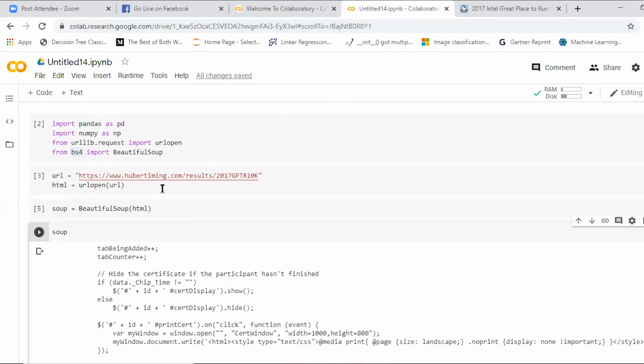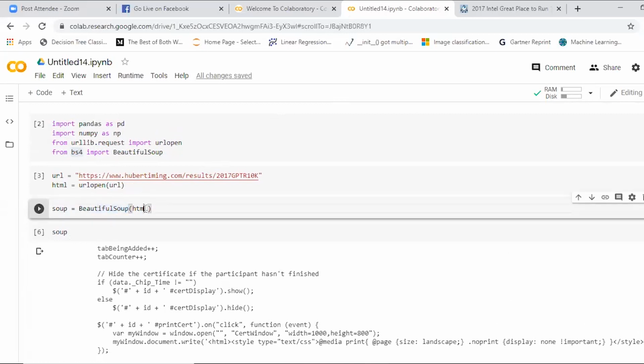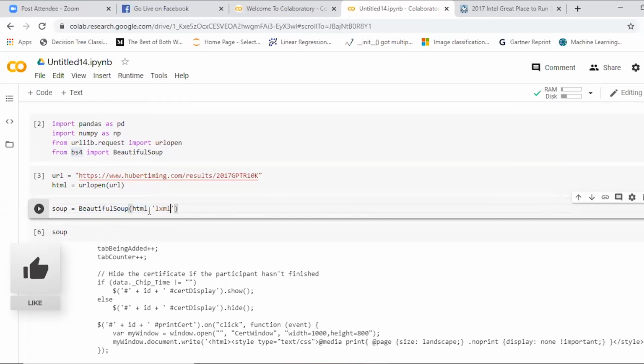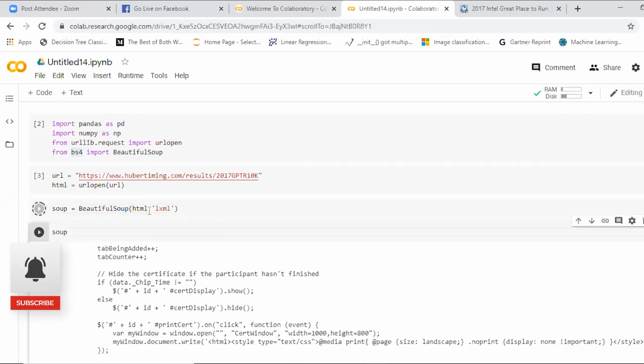Then you give out the URL link. Then you asked it to open. Then you made it extract the content from the web with the help of BeautifulSoup of html. And if you are running on the local system, you need to give the feature as lxml, only to read out the content.